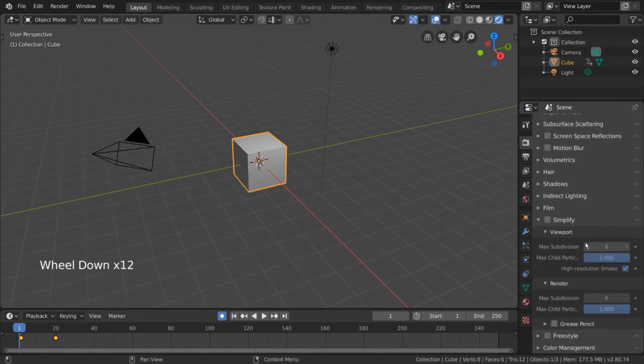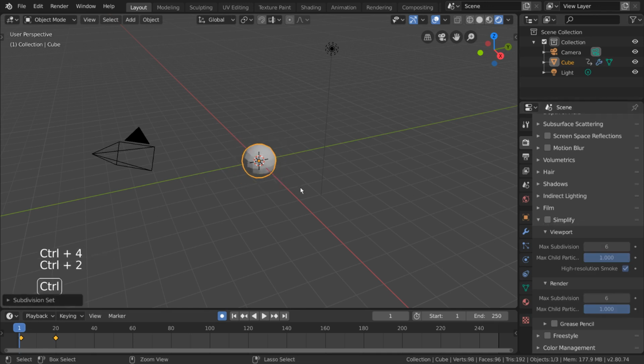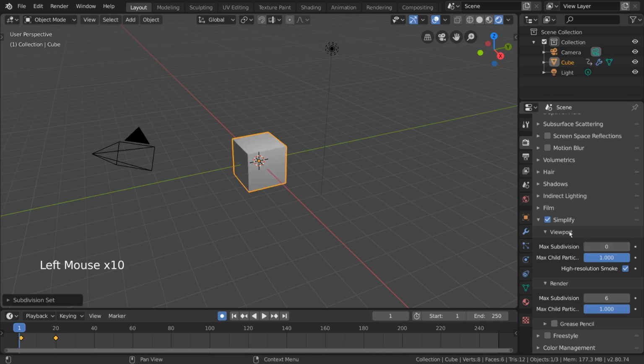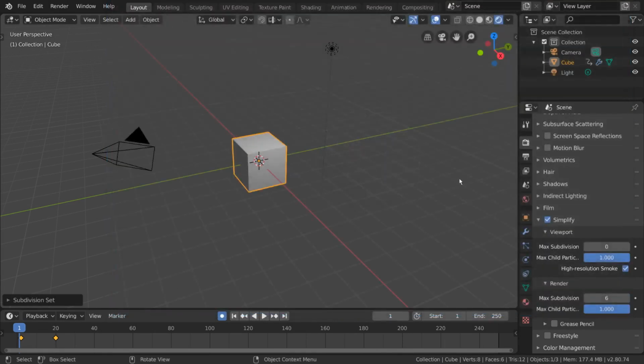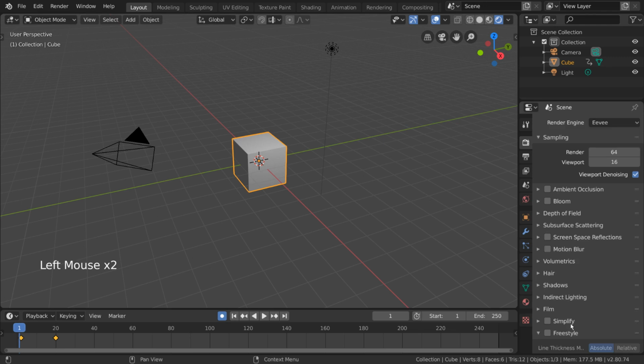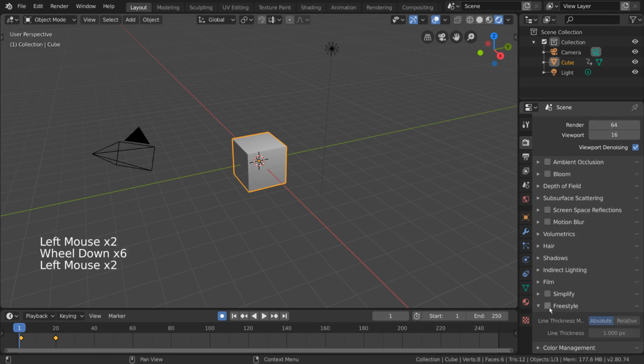It actually pertains more to the scene itself, but does have settings that can affect render. Basically what it does is disable subdivision modifiers past a specific value to reduce the overall poly count of your scene. This is typically used to help the viewport run more smoothly, but also has a value to specify max subdivisions at render. Freestyle is a powerful tool that allows you to do non-photorealistic outlines and strokes in your render